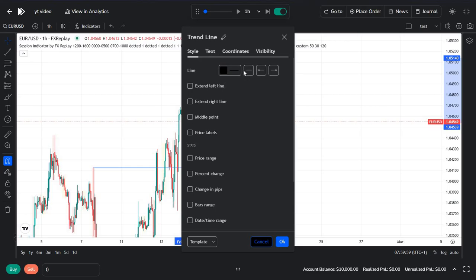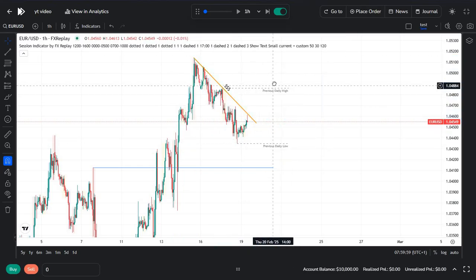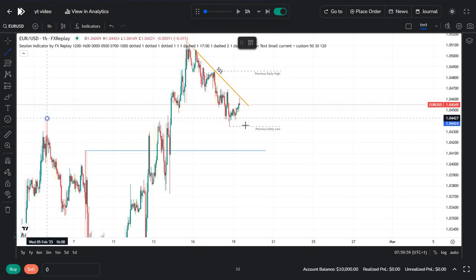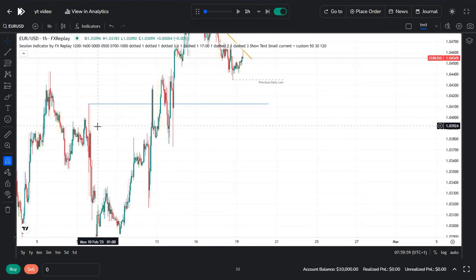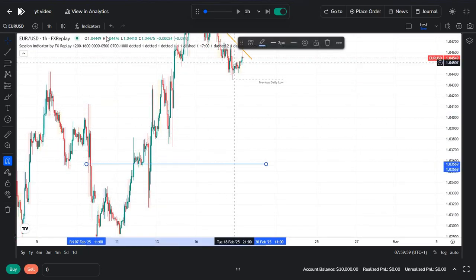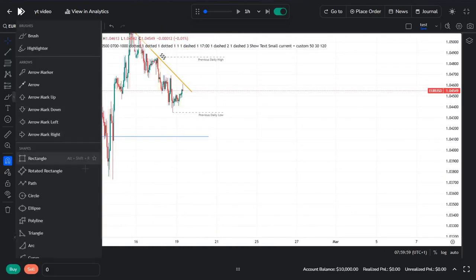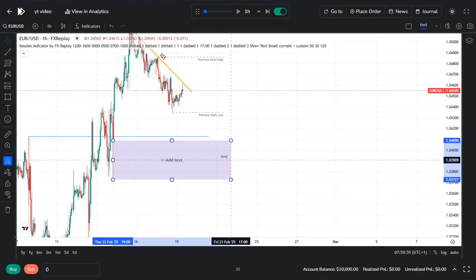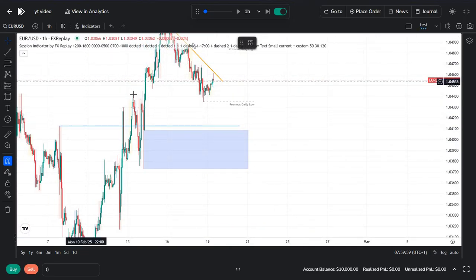Can I just put this in a different color? And so we're also taking inducements right here. We have efficiency right here, but there's also this one below. Okay? And if you also want to, there's also this order block that isn't so normal,